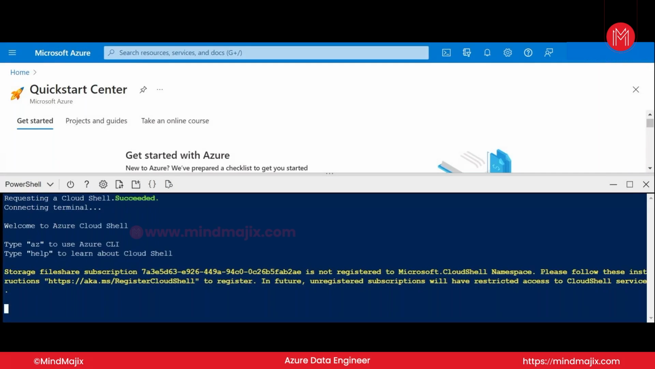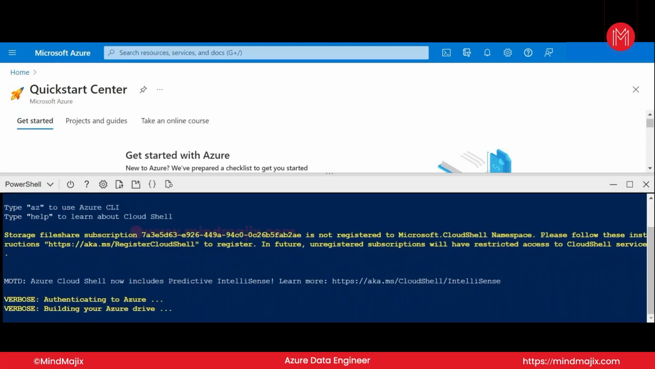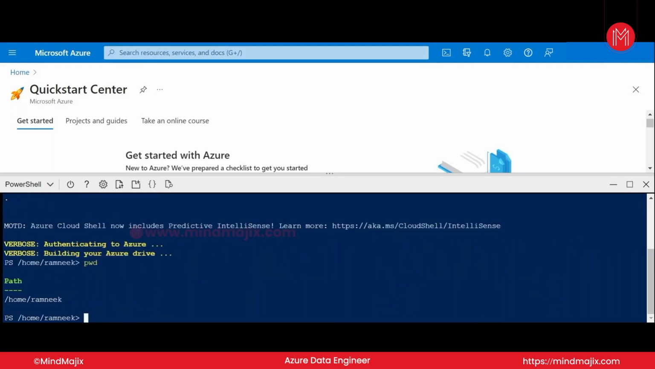Should be ready in a second. It'll prompt, no action required. It is just installing. Now it is ready. If you type pwd and enter, this will show you the current root directory. And if you do ls space hyphen lrt,